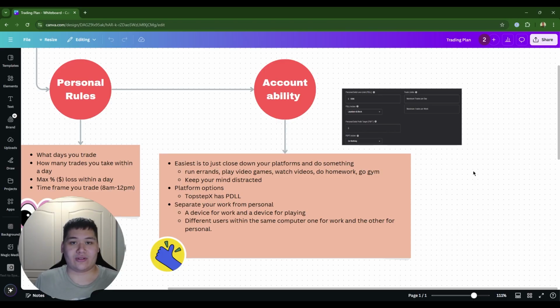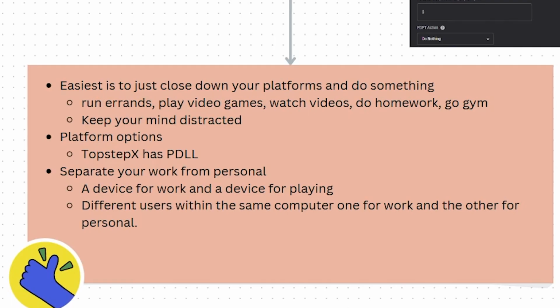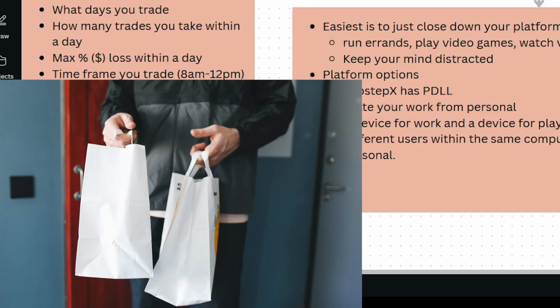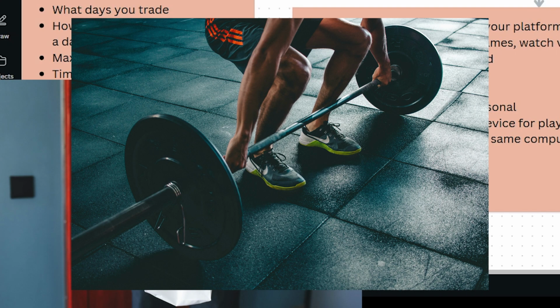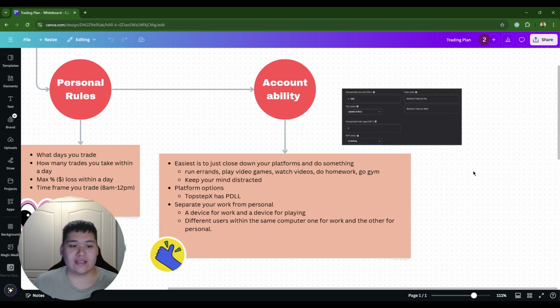Be positive. There's always a learning outcome whenever you lose. But let's have a look. The easiest option is just to straight up close down your platform and go do something. So for example, running errands, play video games, watch videos, do homework, go to the gym, right? These are pretty easy. As soon as, say, you've broken your rule, close down your trading platform and launch up